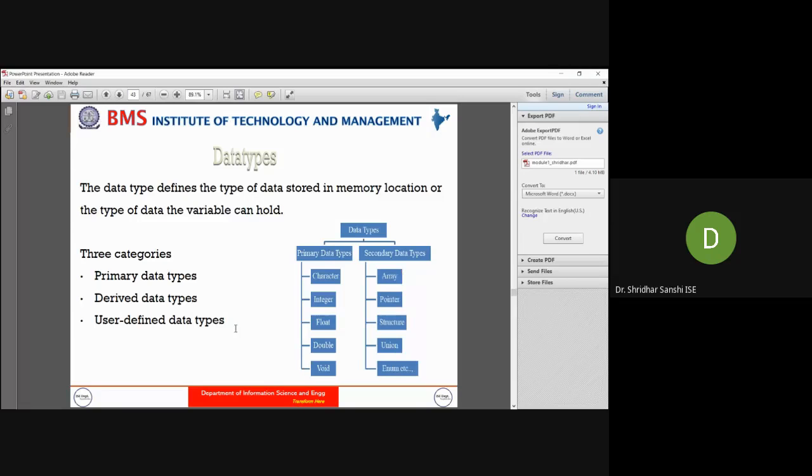The third one is the user defined data type. It represents user specified identifiers used in place of existing data types. The user can define particular values with respect to these primary data types. We'll see some examples of user defined data types.